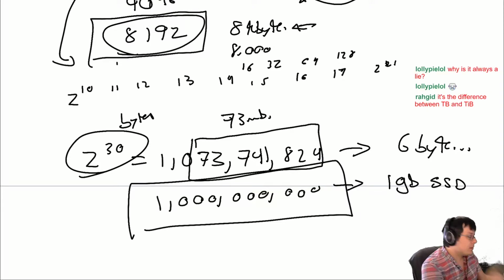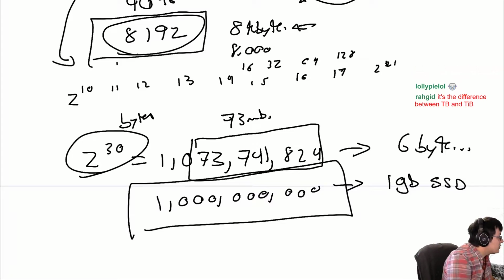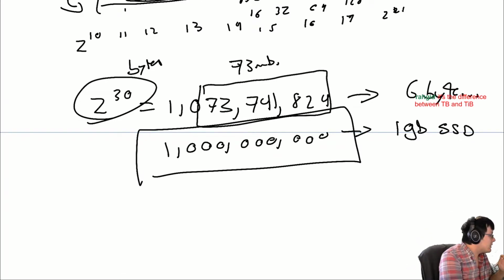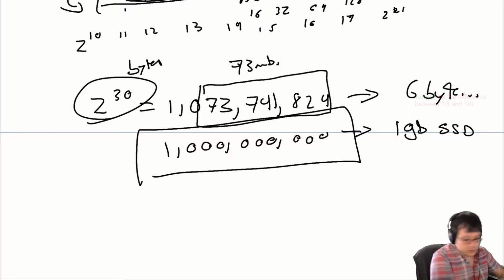So we should add about 10 more. So about 2 to the 40, yeah. So 2 to the 40 is going to be perfect, yes. Well, that's 1 terabyte. So let's go ahead and do 2 to the 40. 4 would be 2 to the 42nd. Yes. So 2 to the 42nd